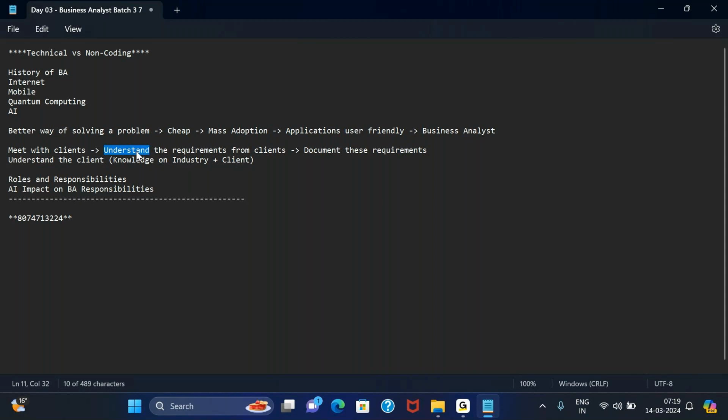Once you understand all these points, we start discussing the requirements: what requirements the client wants in their software. For example, my software should give me an option to add all the different types of pizzas.